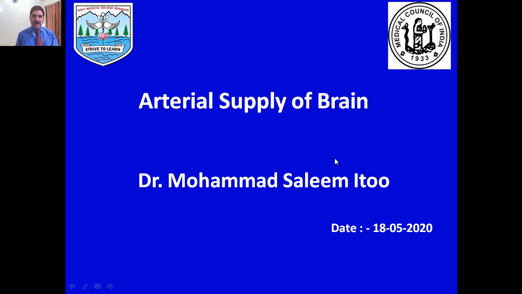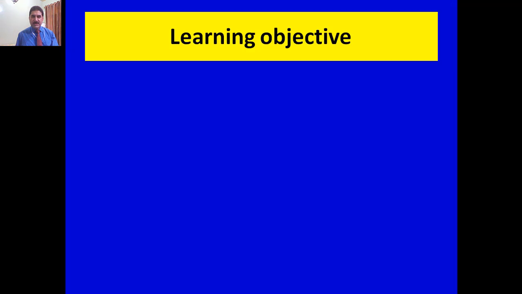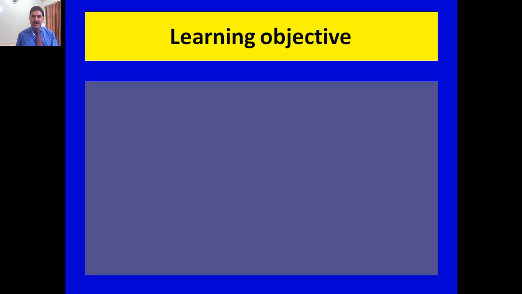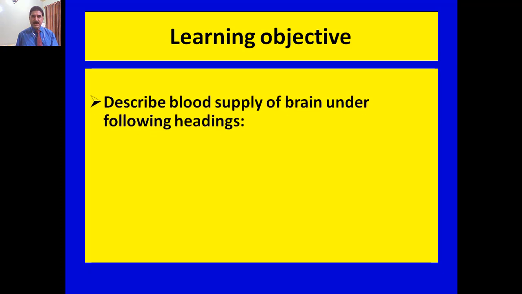Good morning, everybody. Our today's class is on the arterial supply of brain. Learning objectives for my today's class are: I'll be describing blood supply of brain under following headings: